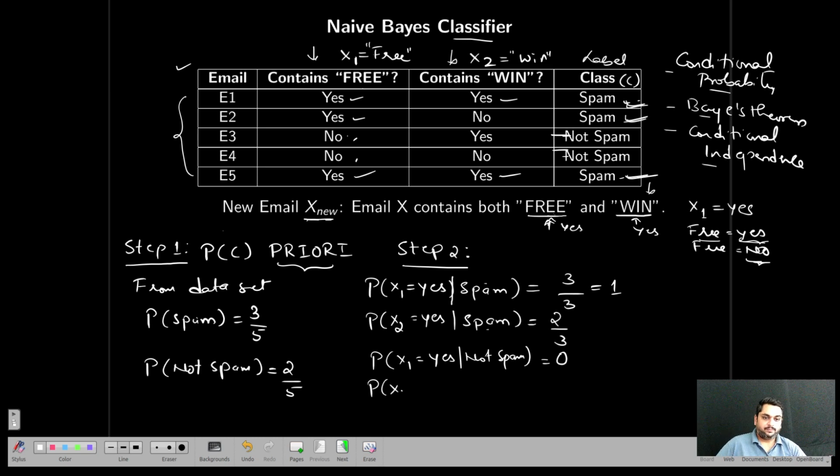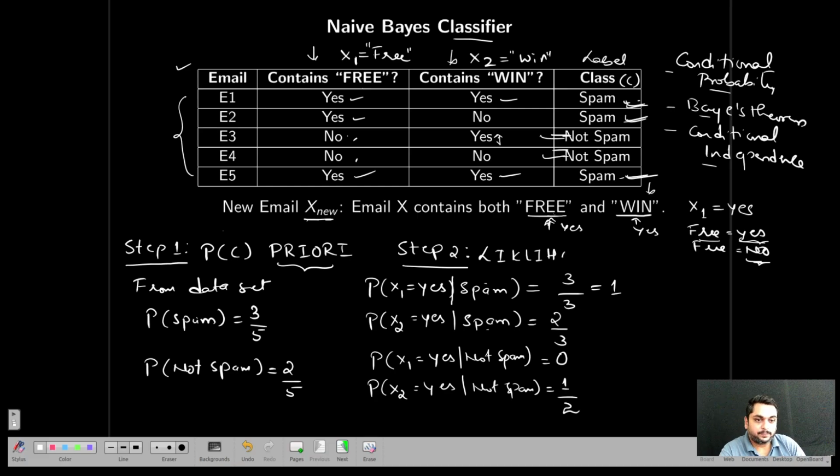Probability of x2 is equal to yes, given that it is not spam. Again, only 2 emails are classified as not spam in this data. And then one of them contains win is yes. Okay, x2 is equal to yes. So that means 1 out of 2. Whatever you calculated is called the